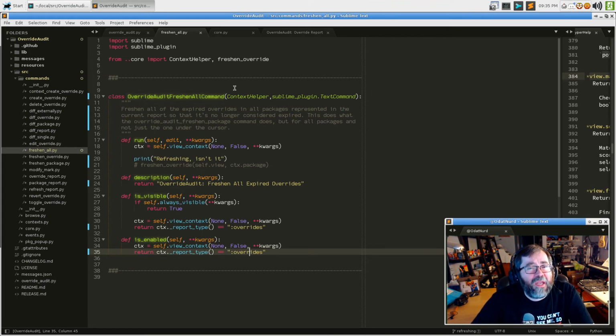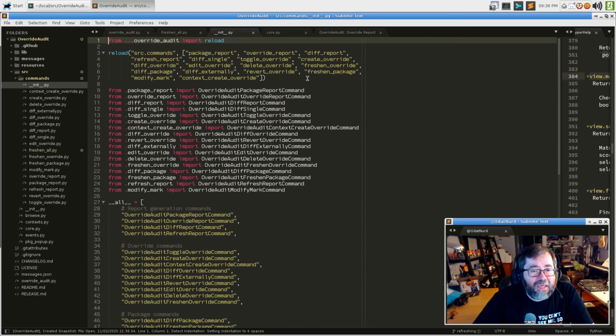Basically, I guess it could work in any report that is a report as long as it's not a package report, because the package report doesn't have enough information for it to know. It's a very lightweight report. Now that we've done that, we're going to copy that, go to here, and